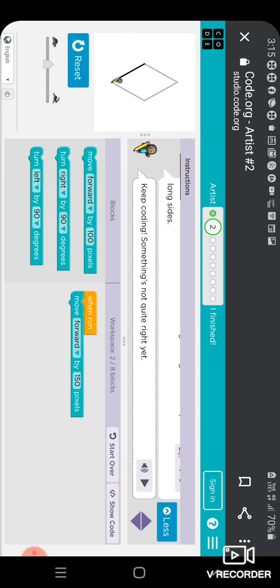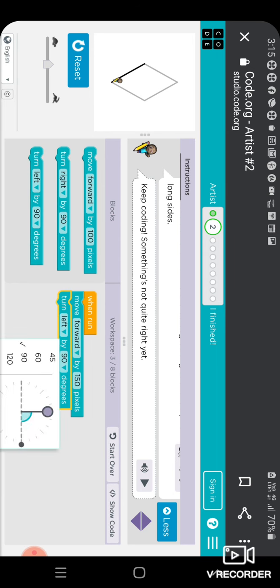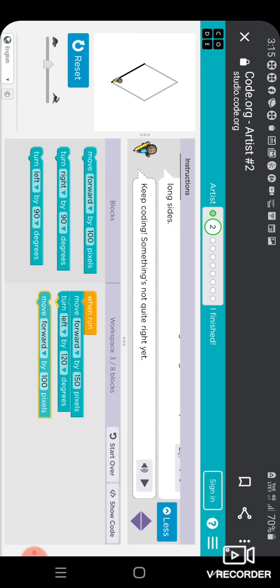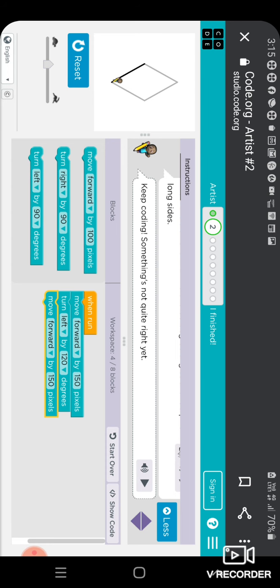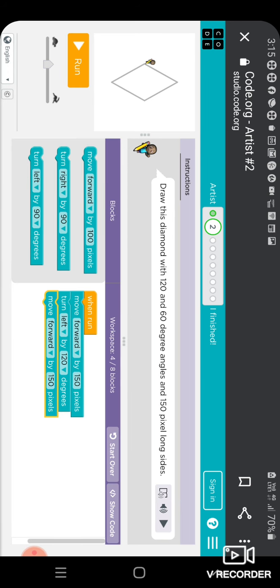Then turn left with a 120 degree angle. Okay, and then again move forward 150 pixels. Now again check.